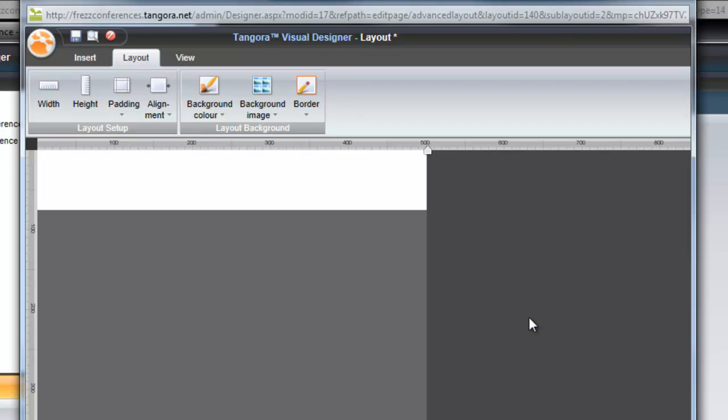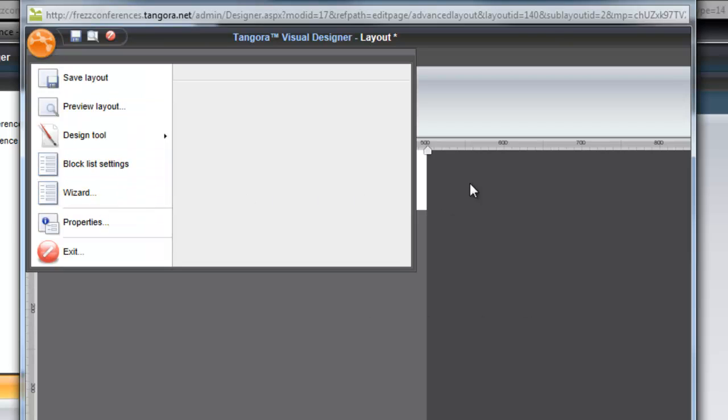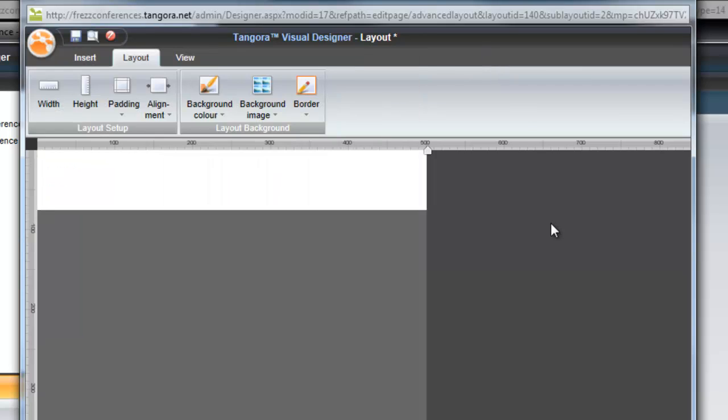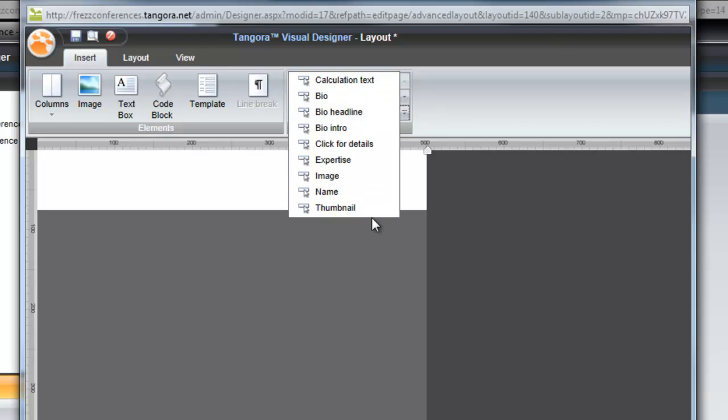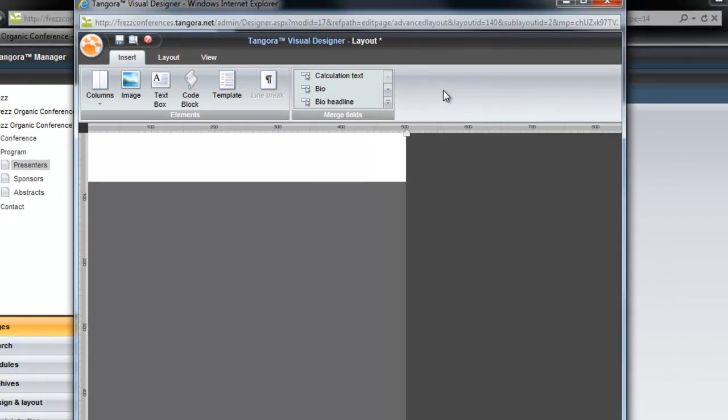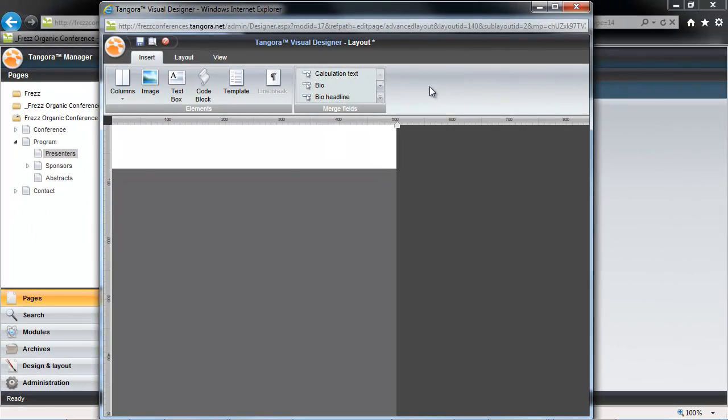Job done. Right, so we could run a wizard here actually, as we demonstrated in our video on form pages, if we want a little bit of help in getting the fields on the page. But this is probably not as relevant in the context of a database list page because, well, you oftentimes want to omit the headers. We're going to approach the task simply by dragging the fields one by one because here we have a little bit more complexity in the layout that we're going to create.